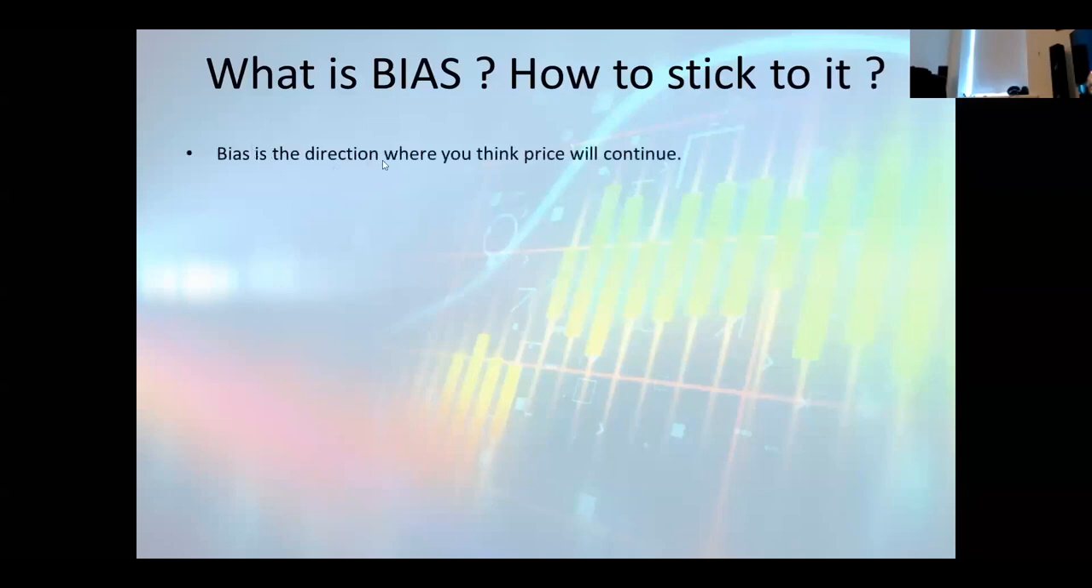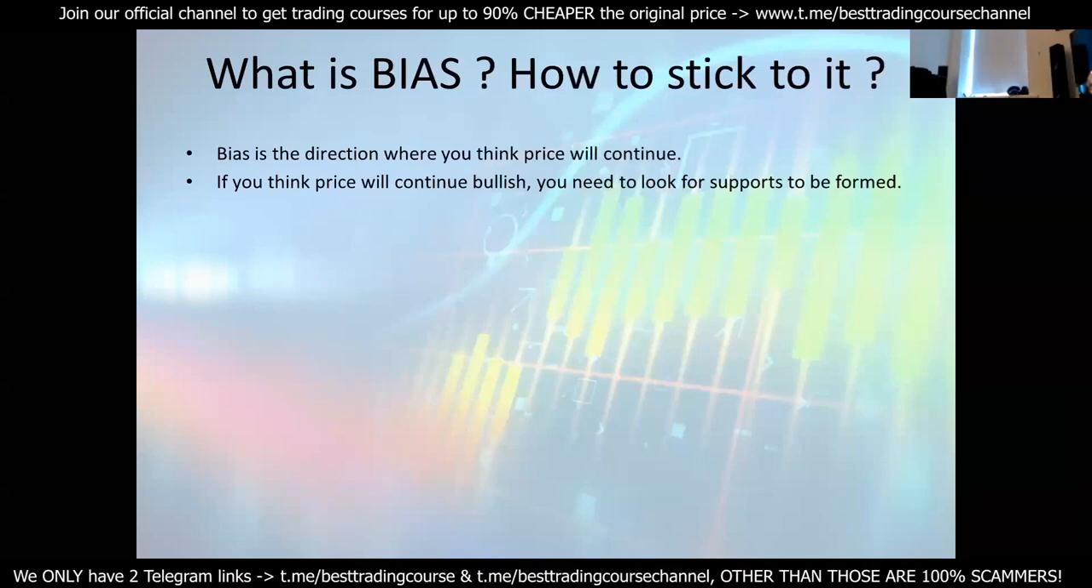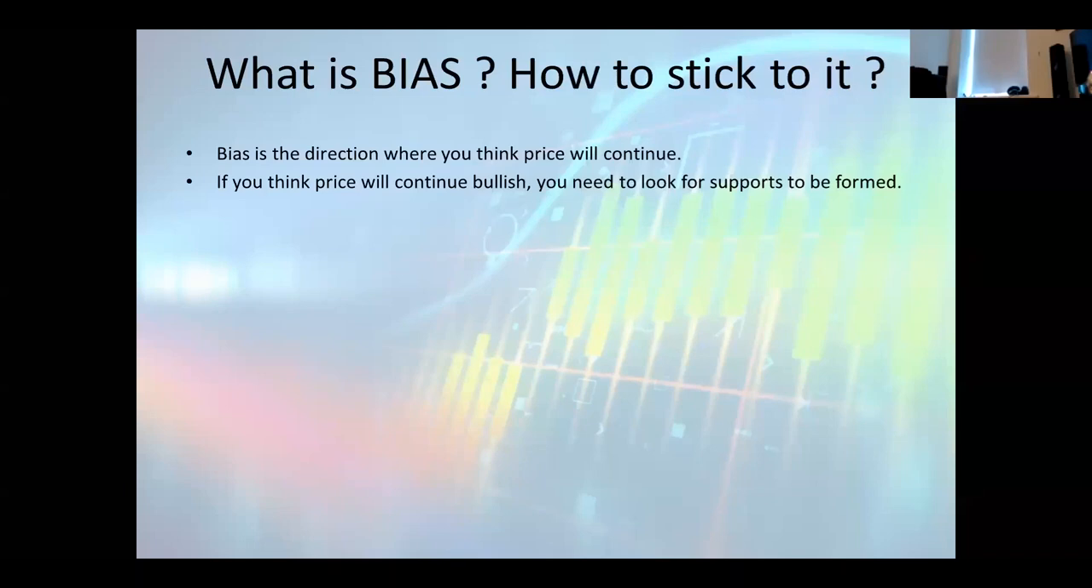Bias is the direction where you think price will continue. We already talked about this. If you think price will continue bullish, you need to look for supports to be formed. That's your bias. Now a lot of people go down the rabbit hole saying, what if the daily is like this, and the 4 hours like this, and the 1 hour is like this, and the 30 minutes like this? Man, think about it. There are infinite amount of scenarios that can play out. Infinite amount of scenarios. I can spend the whole day talking about different scenarios, but we only talk about the most generic scenarios, and then we go off from that,